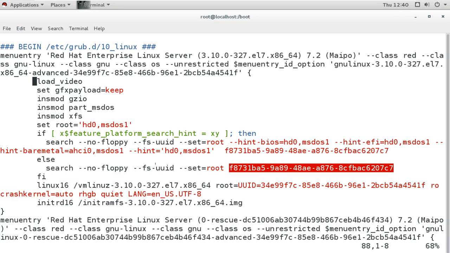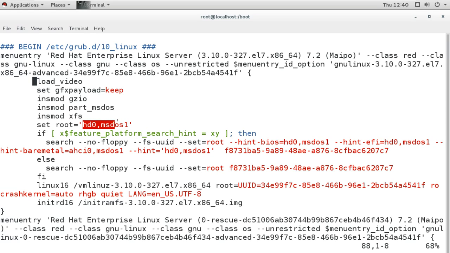Because of this loop, it is now difficult to lose the boot partition. So if I change this value, suppose I change it to SD1 here while my installation is on SD0, it will not give you a problem, because there is a loop and it will find it from here.